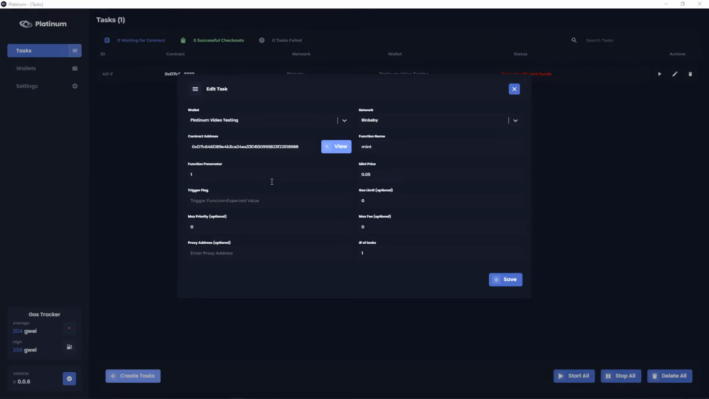So essentially what the trigger flag option is, it gives the ability to the task to trigger an execution if a specific function on the target contract results in the expected value. So I'm going to go ahead and break this down. Let's say there's a function on the contract that dictates the public sale state. So let's say this function is called